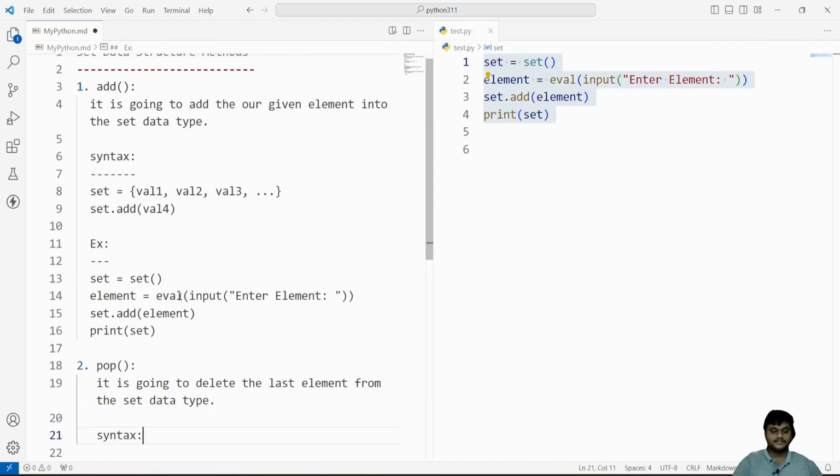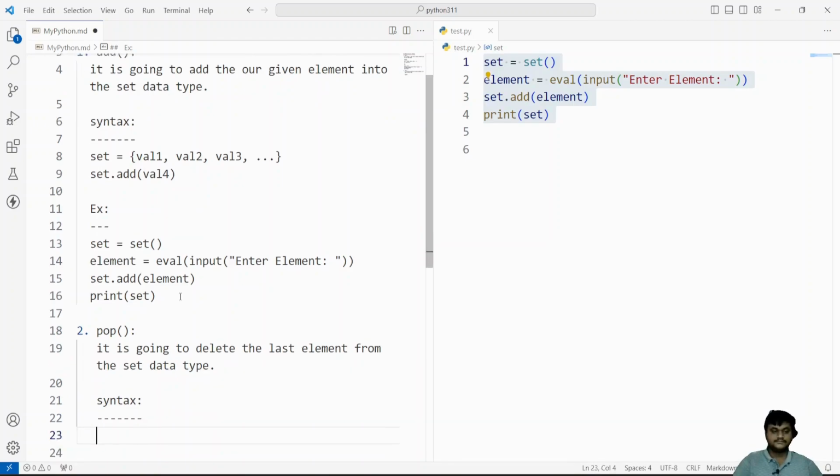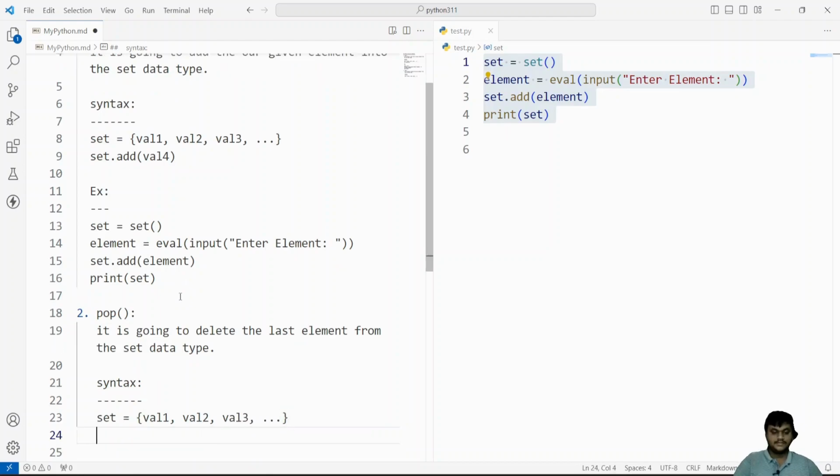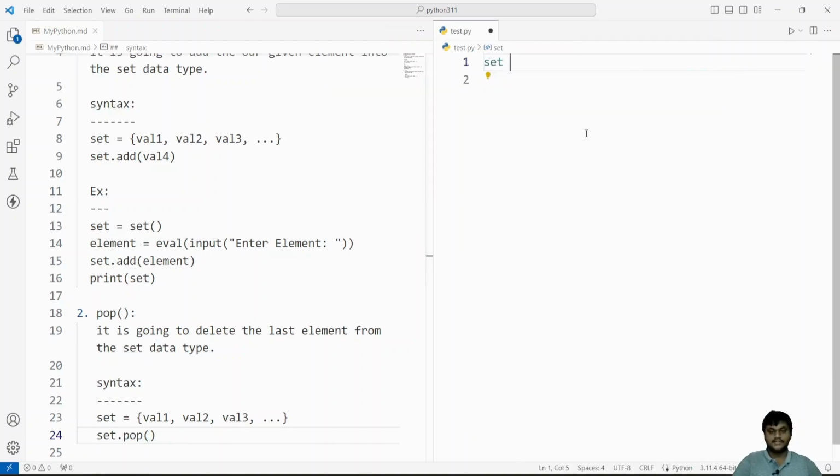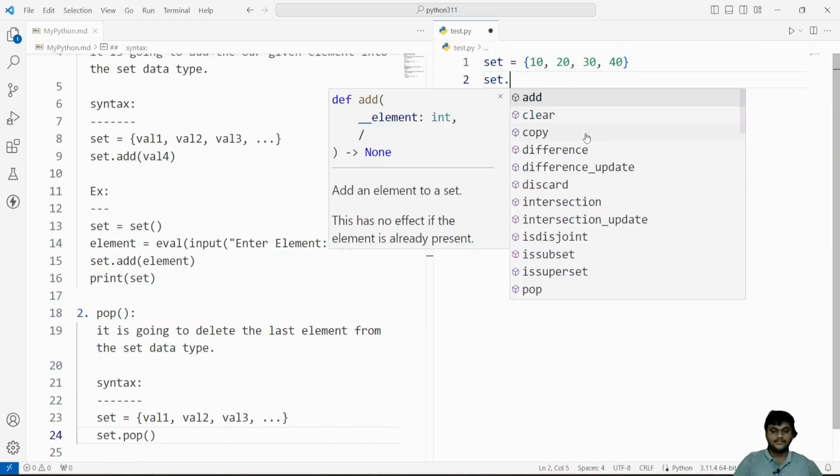Syntax of the pop method. If you take the set like value 1, value 2, value 3, and so on, and you want to pop, set.pop(). No need to enter any value into the pop method. We take the set equal to some elements like 10, 20, 30, 40. If you take set.pop(),